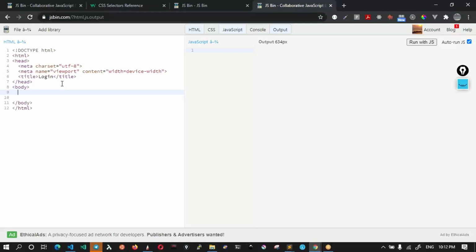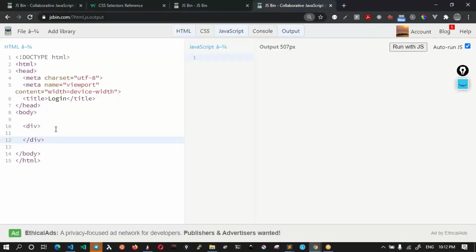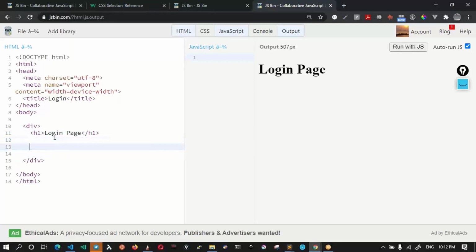Let me create a div here, and within this div I'll simply write login page. Then I'll create a form.